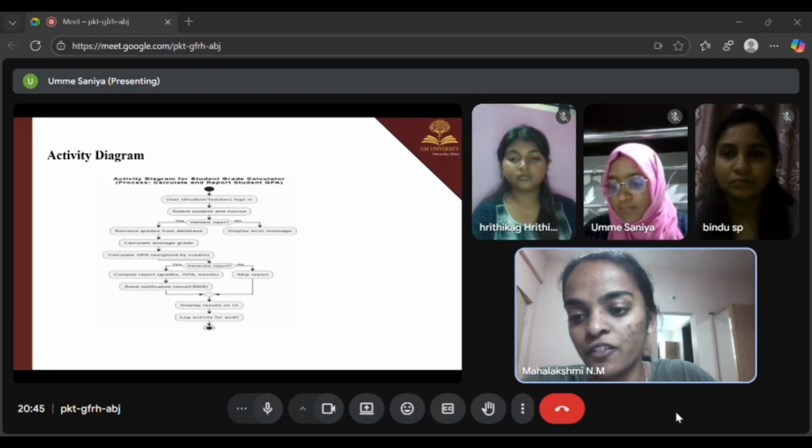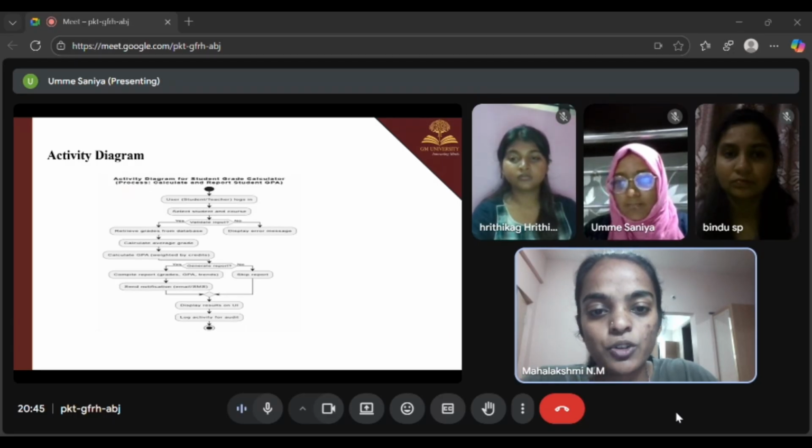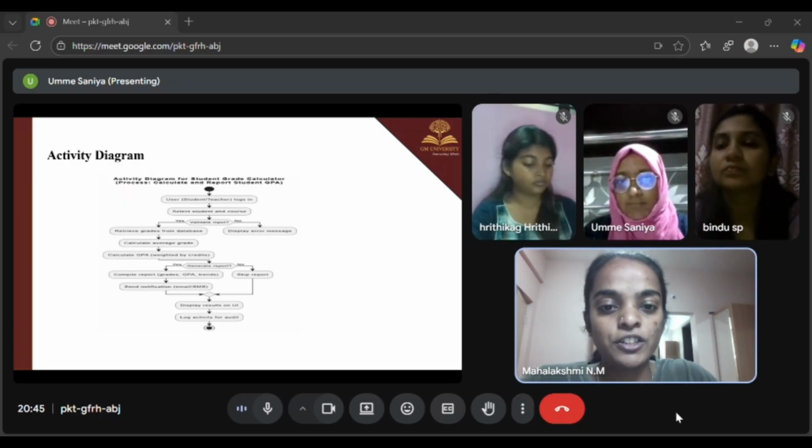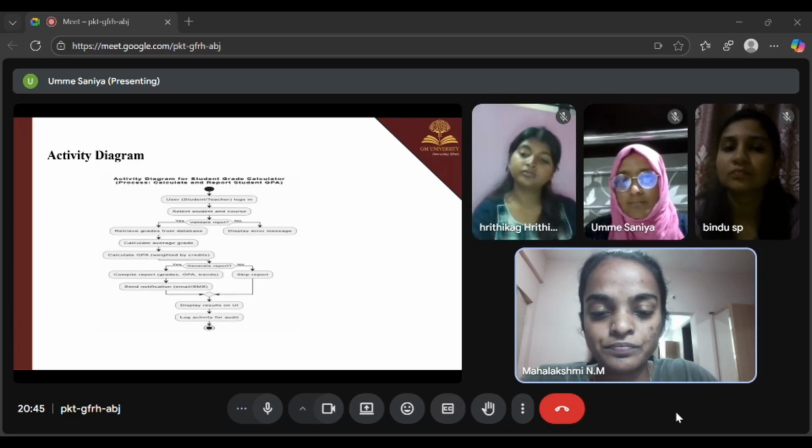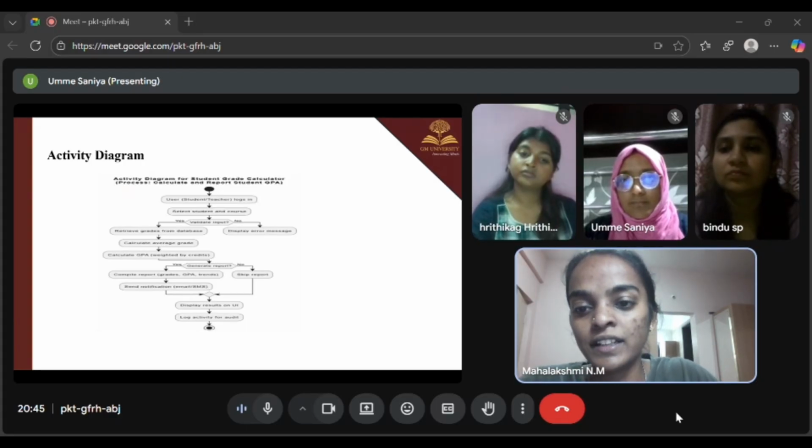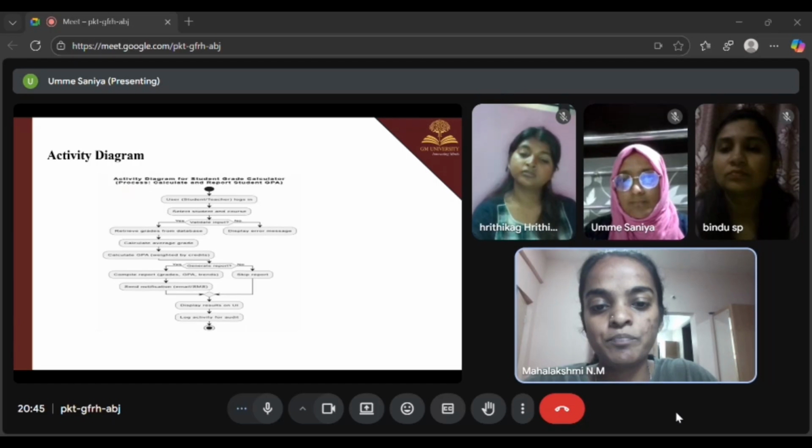Display the final result in the UI. Importance: this diagram covers the student and teacher login purposes and the feature tracking. Next,